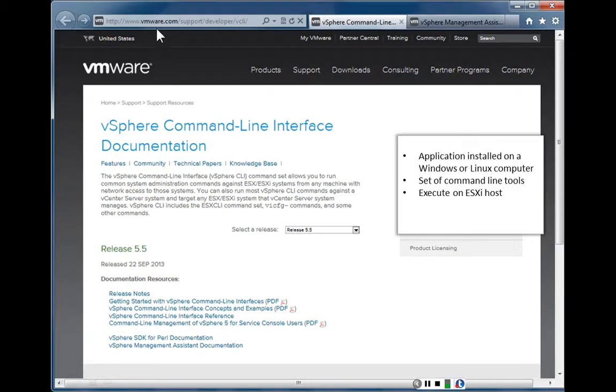If we go to www.vmware.com, we see that the vSphere Command Line Interface, vCLI, allows you to run common system administration commands against an ESXi system from any machine which has network access. So the vSphere command line interface is an application which we install on a Windows server or a Linux server. It contains a set of command line tools that can be used to execute remotely on the ESXi host. And then the next one